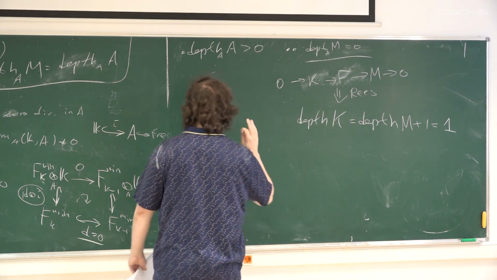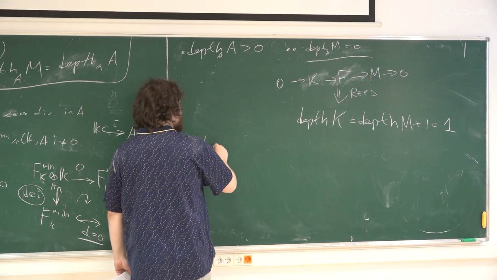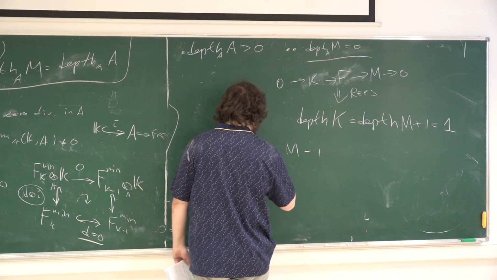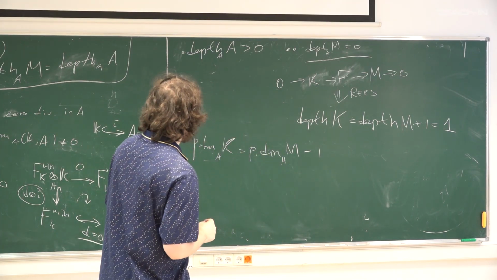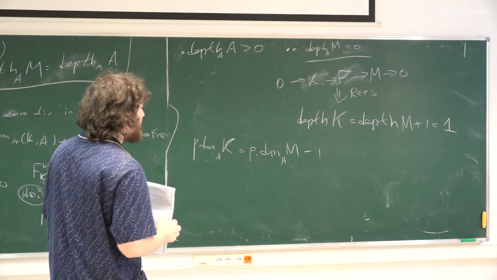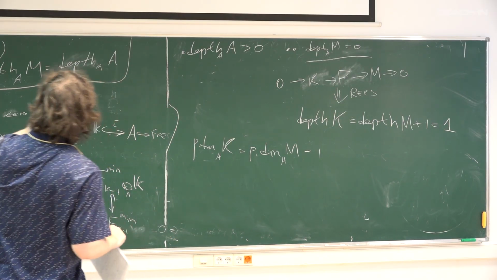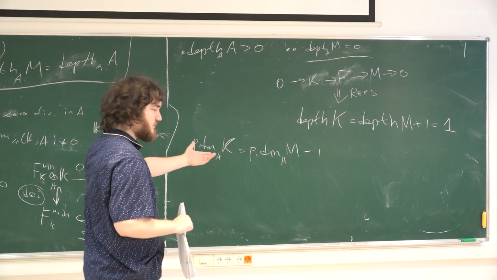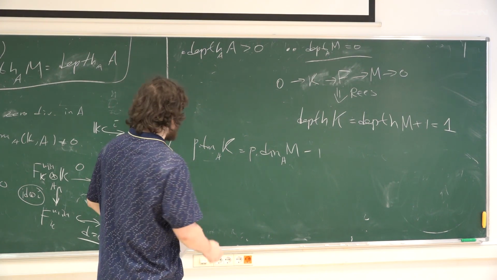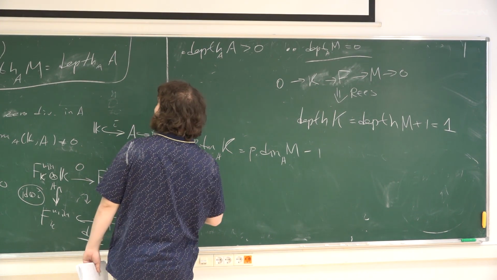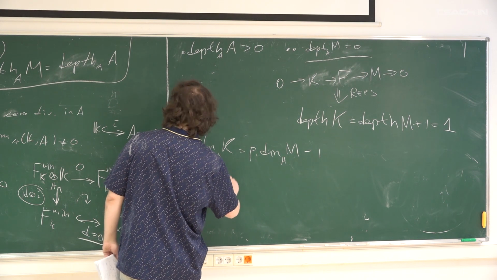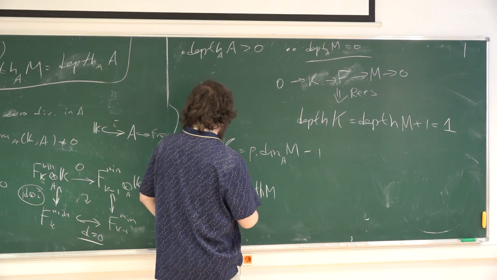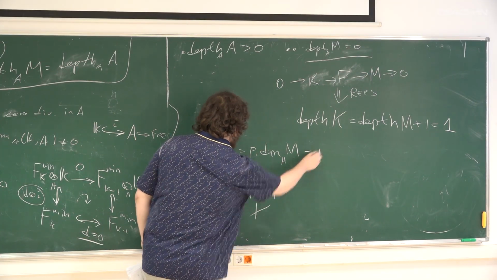But of course, what is also true is that the projective dimension of K is the projective dimension of M minus 1. So if we know this formula for any module of non-zero depth, then we know this for the module K, and we obtain that formula for the module M. So if we know that this thing is depth A minus depth M, and depth M is 1, so you obtain